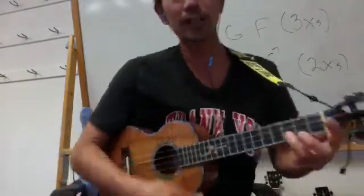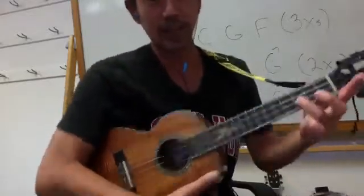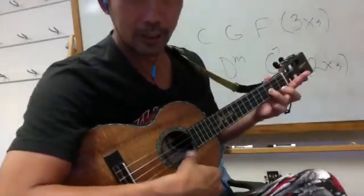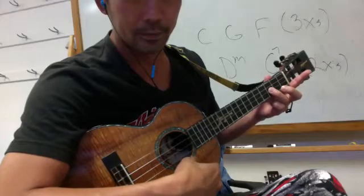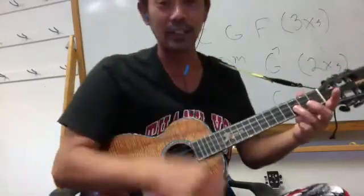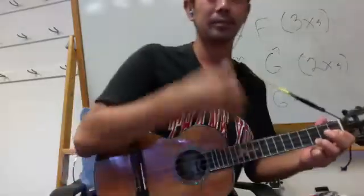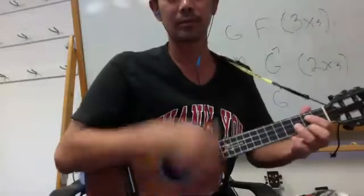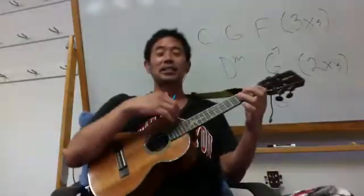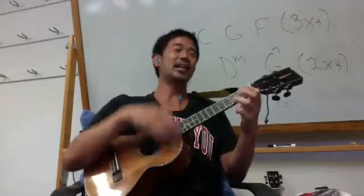Okay. And what I do when I strum this part, I'm actually holding down the G, and it's hard to tell from this angle, but I'm actually muting the bottom string. So that way you can hear the G, B, C. Okay, but we'll get to that part later. So for now, just try to practice G, B, C. Again, G,